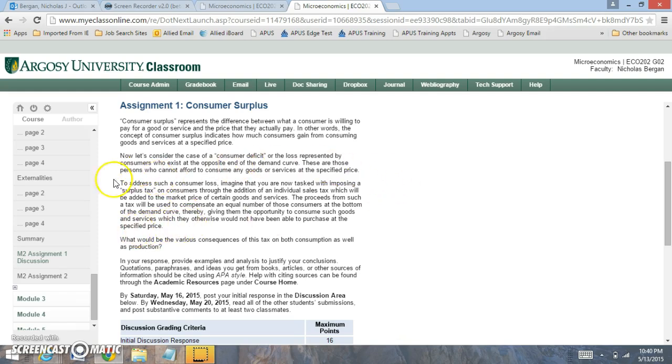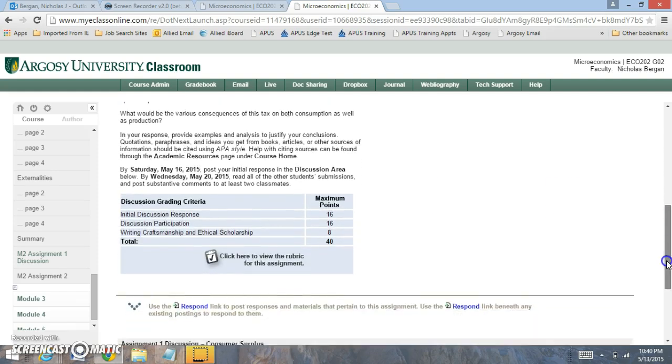Now, in this question, you're going to be looking at a tax. When we look at taxes, you're going to realize that taxes influence decisions and influence prices that are being charged. What are the consequences of a tax on both consumption and production? When there's a tax, it's going to influence production, because we can't produce as much since we have to pay more towards the tax. It's also going to influence consumption. We're not going to buy as much because the price of the good is higher.